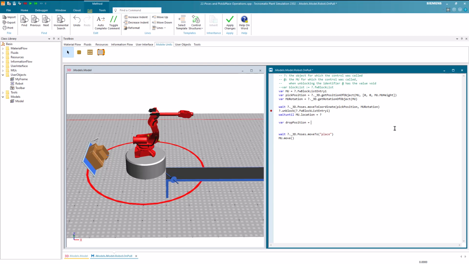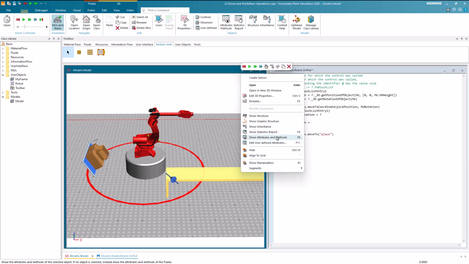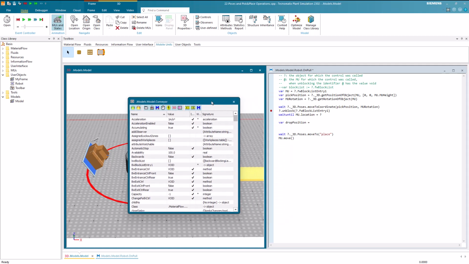The challenge at this stage is that we lack information about the part's placement on the conveyor. To address this, we follow a similar approach as before by opening the attributes and methods of the conveyor and searching for a suitable attribute. Even experienced users may not know everything, so they essentially employ the same strategy. Since we are seeking a method related to 3D properties, we can choose 3D at the top.